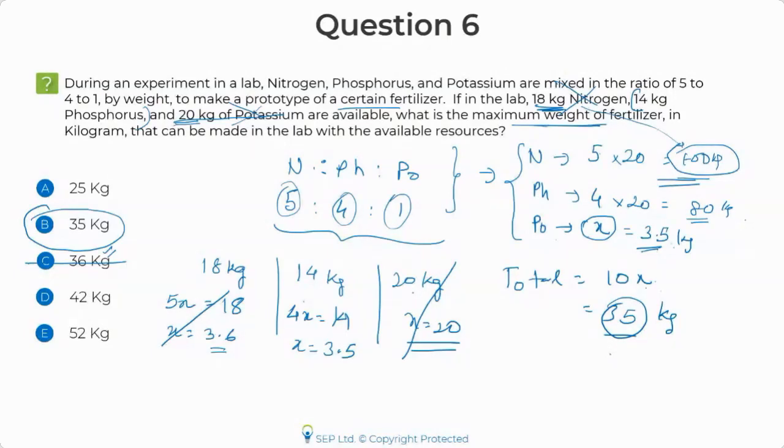The reason I gave you this question was, once again, to set up the equation in ratios. I have seen people specifically not writing it in this way. There are a lot of questions where, if you work without setting up a variable and solving the question, especially in ratios, you're going to face a lot of problems. So my advice would be to always take the ratio, write it in absolute form, and then do the inference that you need to do. Okay, I can see it's clear to everyone, which is great.